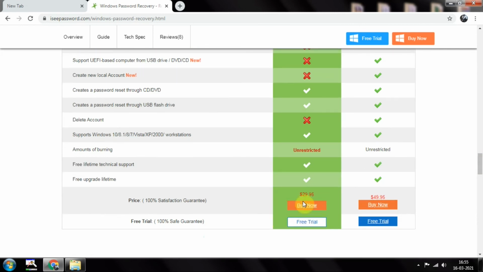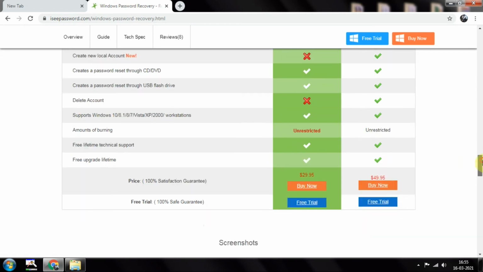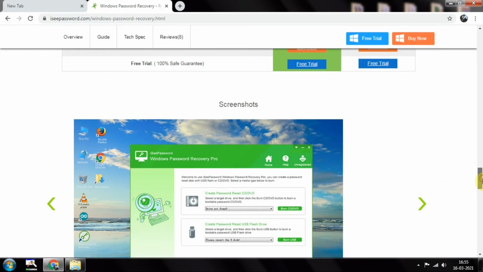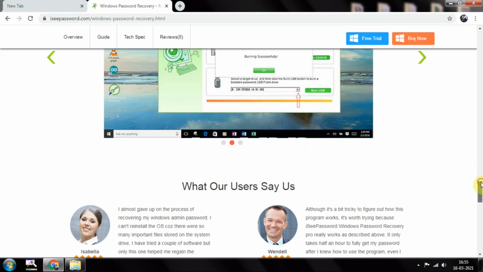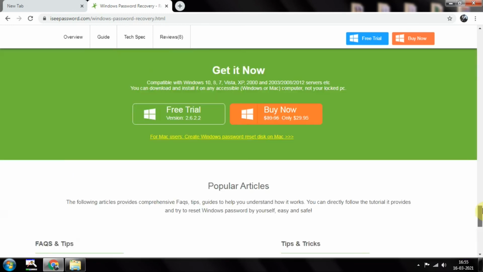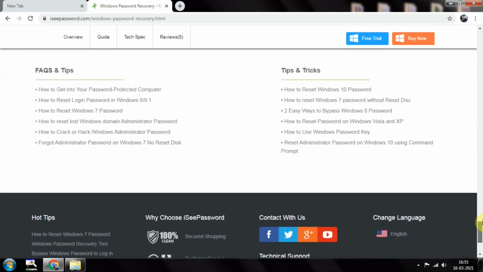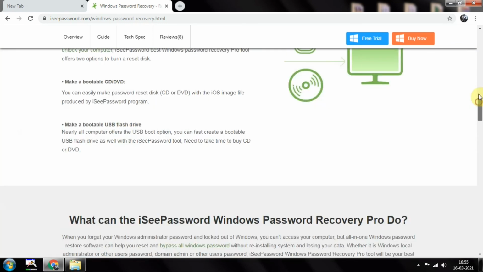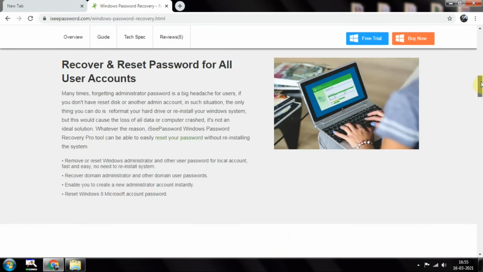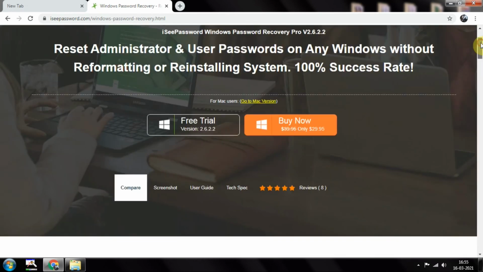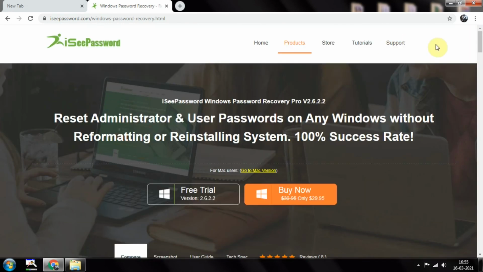Okay, so you can buy it for only $29, and if you go for the Advanced version it's only $49. You can see they have also included screenshots, and they have written each and everything in detail so that whenever you are resetting the password you will be able to do it easily. And they have also got a smart support system 24/7 where they will be responding to each and every